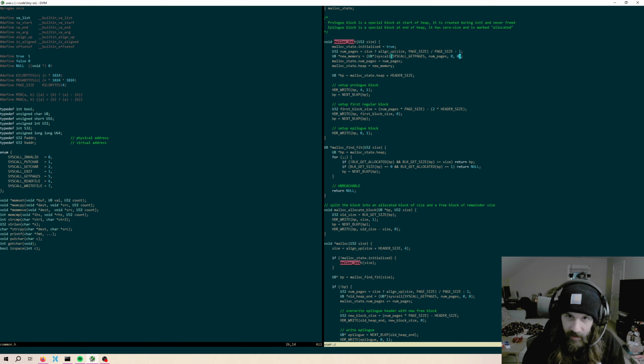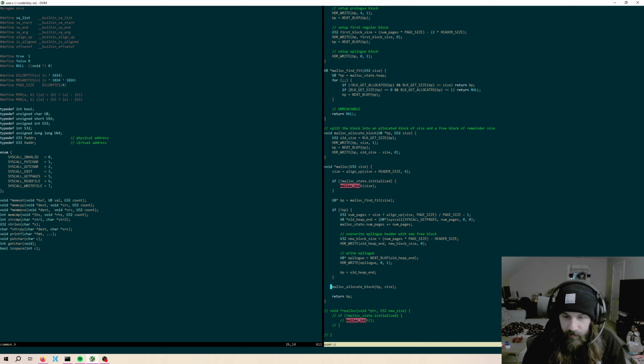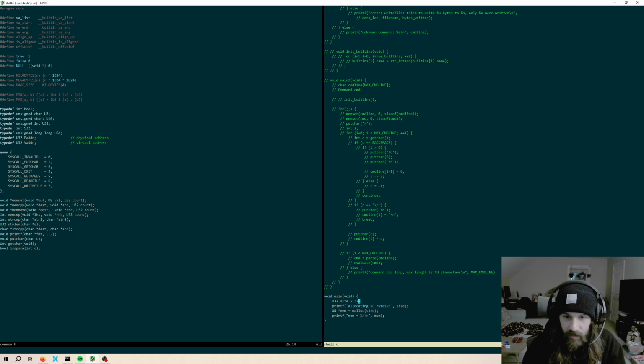Well, let's keep running through this, right? So we've initialized the state of Malloc. We're going to try to find a fit. Well, the first block is a page, basically, so we're going to find 32 bytes out of that, cut it out, make a new free block, and then return a pointer to that block. Then in here, because of this right here, when we try to write the pointer there,